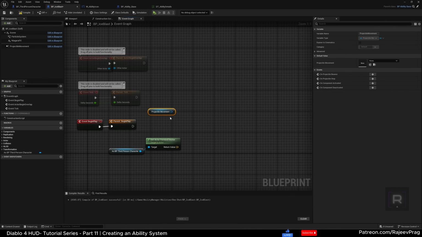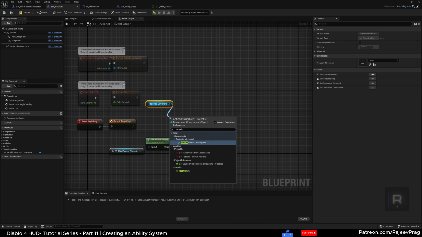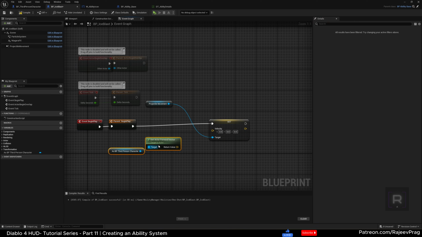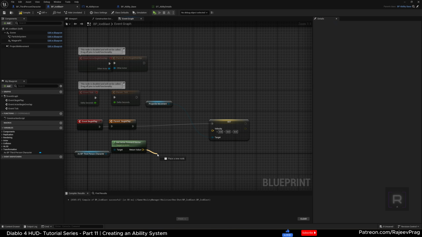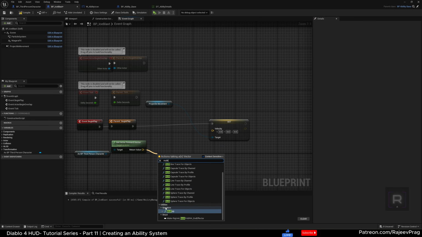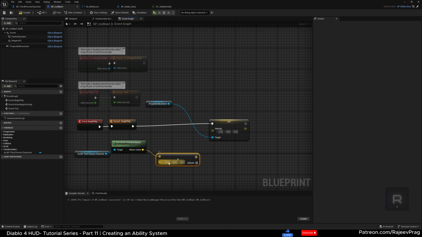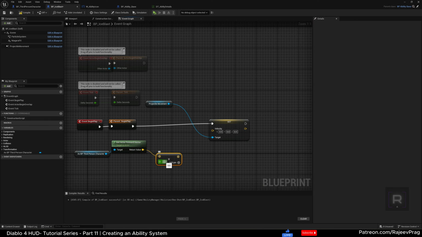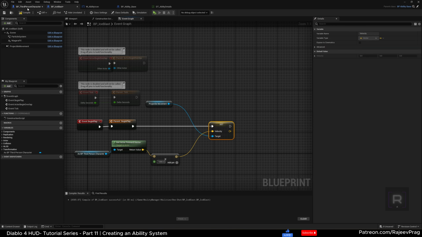So we're going to drag our projectile movement here, and we're going to say set velocity. And this velocity function is the one that pushes the projectile forward. We cannot just set the velocity to the actor's forward vector. We want to multiply this by a speed value. So to do that, if you multiply a vector, you're going to get another vector. We're going to do a right click on it, and then we can actually change it to a float. And Unreal will do all the calculation for you. Now, if you put 1000 here, and then if you connect this to the velocity, that should trigger the orb